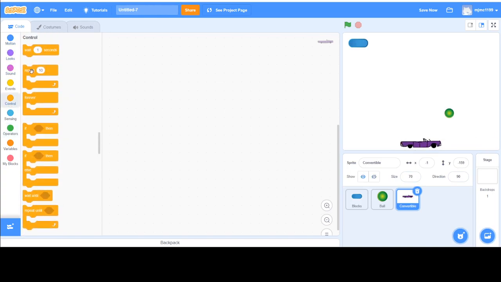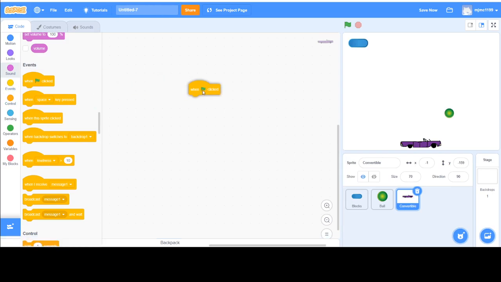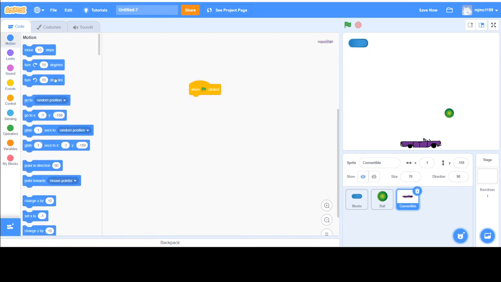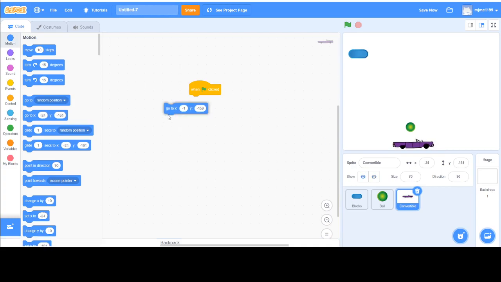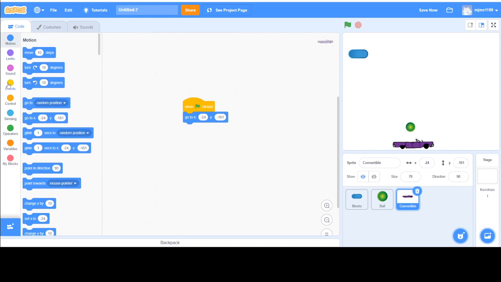So it's going to go to control, events. Get this, whenever it's clicked, we want it to go to this position. So if it goes somewhere else, it will teleport back. Oh, that's not good. It needs to be like here. Boom, go to this position. And then we're going to do